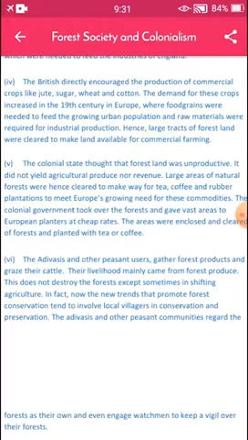Last one, Adivasis and other peasant users. The Adivasis and other peasant users gather forest products and graze their cattle. Their livelihood mainly came from forest produce.